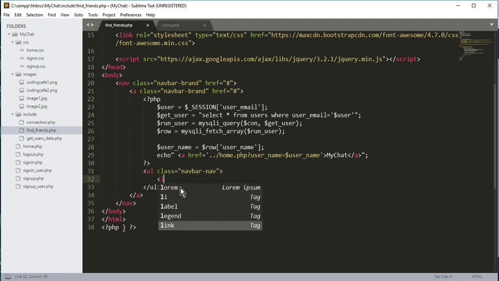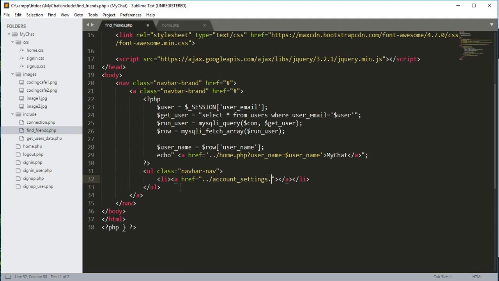Inside this we will open up an li, and inside this li we will open up an href tag, and href will be equal to account_settings.php. We will create this account_settings.php in the upcoming video, so don't worry. So if someone clicks on this setting, they will be redirected to the account settings page. Okay,